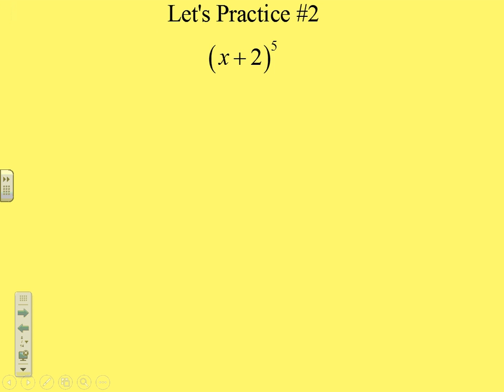So now let's try another one, see how that goes. Not trying to get anything too crazy, but now instead of saying variables each time, a plus b, or x and y, or whatever, we have x plus 2 raised to the 5th power. Okay? So let's go ahead. I'm not going to take the time to write the formula down, but let's go ahead and see what we get for our